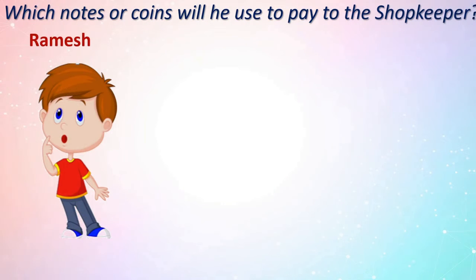See, this is Ramesh. He purchased a top. What is the cost of this top? Yes, rupees 4. See, dear children, I have written rupees like this. You also can write like this. Okay, rupees 4. How to read? Rupees 4. Okay. The cost of one top is rupees 4.